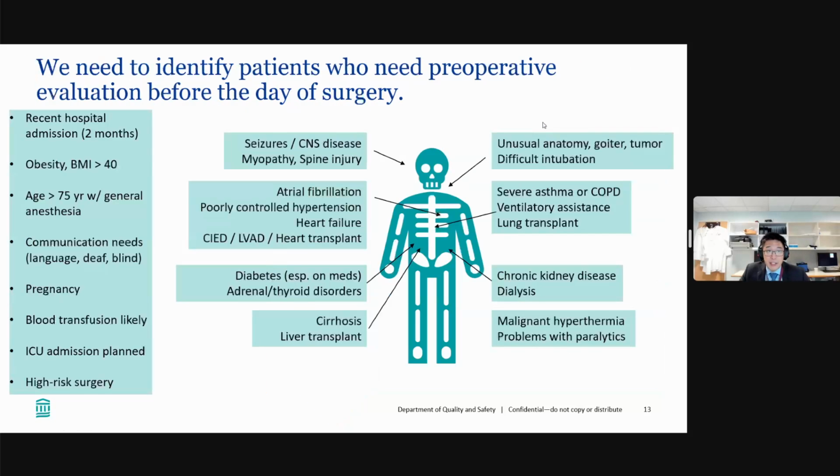So medically speaking, there are a whole bunch of things that patients can come in with, and not all of them need to have an extensive preoperative assessment, but this is a list. I think I'm going to share the slides after, and you have the recording. But any patients who have any of these conditions from head to toe should really have some type of preoperative evaluation